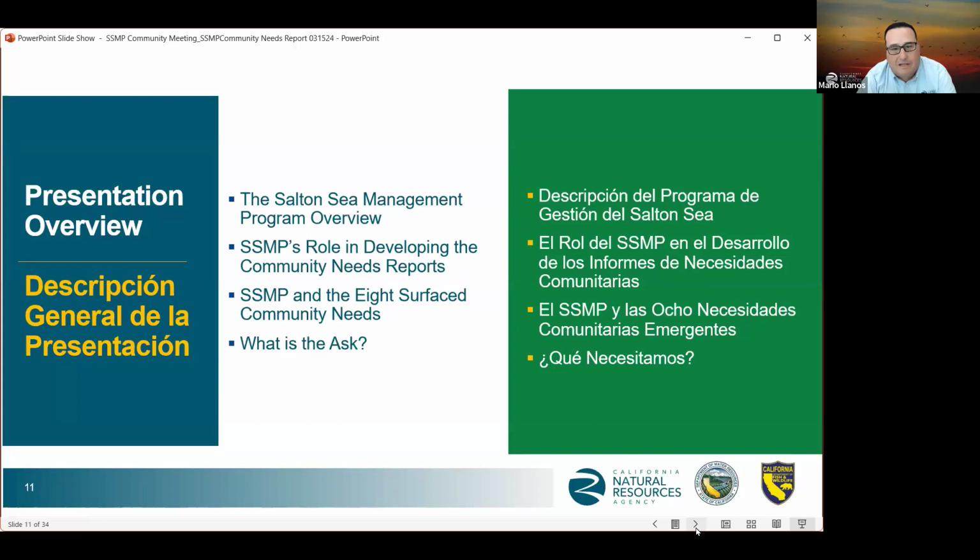I'll highlight the 8 surface needs that Better World Group briefly discussed and how the SSMP is currently addressing those needs and how we propose expanding on our current efforts within our restoration projects with added capacity and funding. Finally, what's the ask? The SSMP would really like to receive valuable feedback on how to shape this effort and learn from all of you what is important to you and your community.